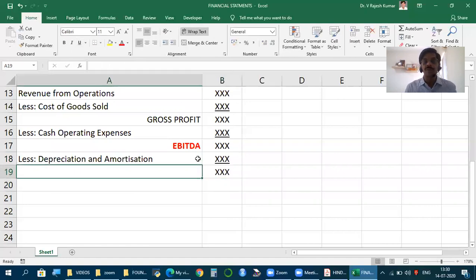Now, by now, depreciation is something you have been very familiar with. A lot of working calculations you have done, but quite often this is misunderstood. And usually, when asked what is depreciation, the standard answer we find is fall in value of asset due to wear and tear, obsolescence, etc. But friends, that is not depreciation. If the value of any asset changes, we call it impairment. It is a different accounting standard.